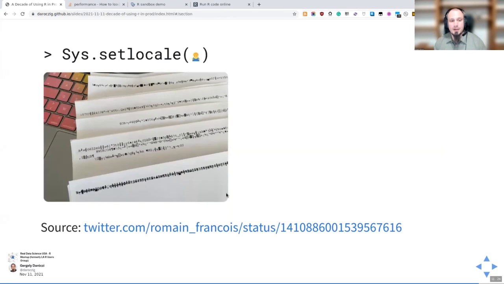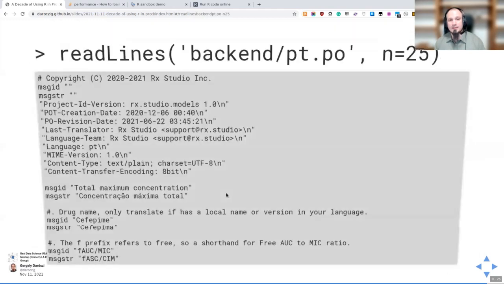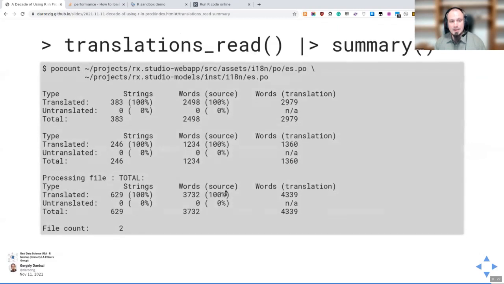Also, on top of compliance, this is an application that's available in 6 languages. So we needed to translate both the front end and the back end to different languages. And the related support in R wasn't great. So we are working on a package that I hope we can open source soon so that you can very